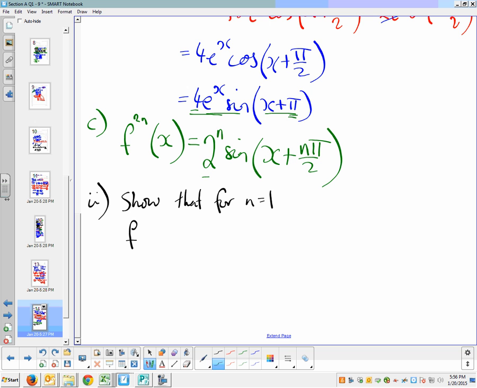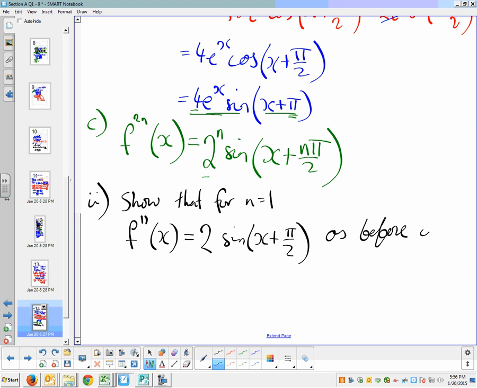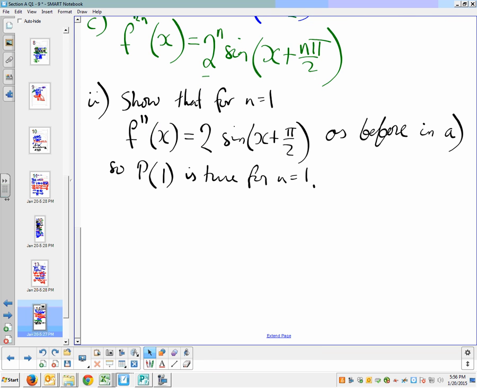So we'll do f, that means f double dashed of x is equal to 2 to the 1 sine x plus pi by 2, as before, in part, what part was it? A. So my proposition is true for n equals 1. Then I'm going to assume it is true for n equals k,